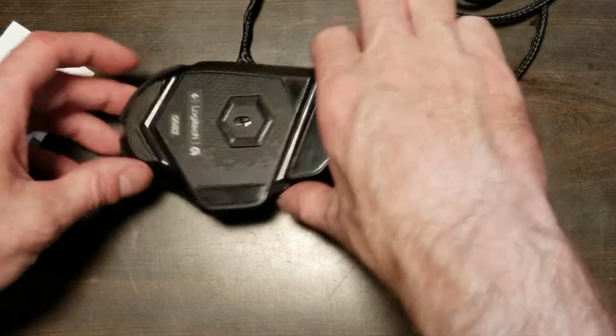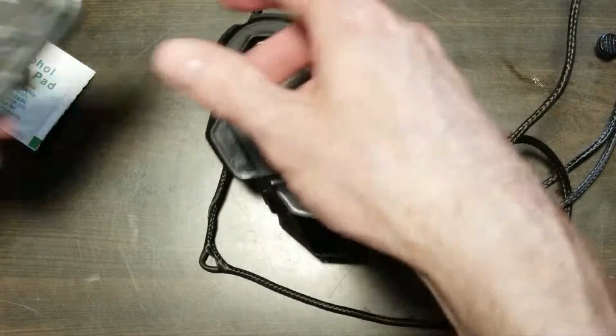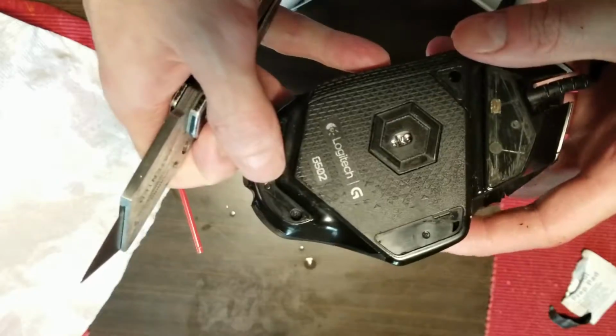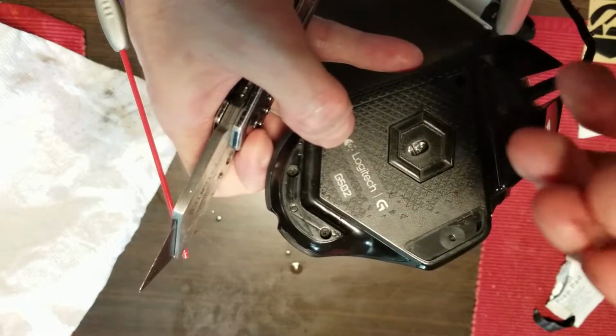So, okay, let's go back to the mouse here. We're just going to peel these off real quick. I'm not going to bore you with every second of this. May have to use a knife. And yeah, you may scuff your mouse up. But you've seen the condition of my mouse, so it really doesn't matter. All right, guys. And what I found on here is there's actually little pieces of plastic